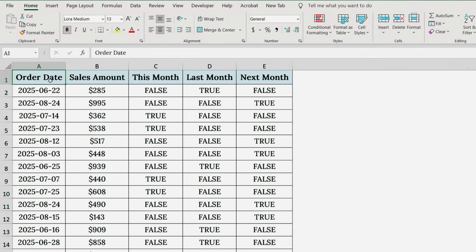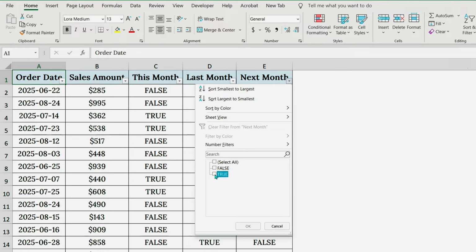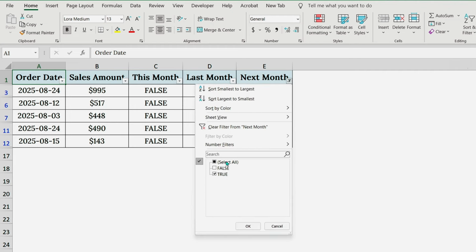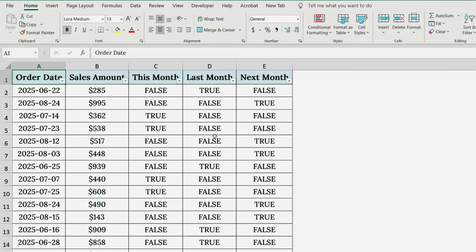Let's put this to work. In the header row, turn on AutoFilter by pressing Ctrl+Shift+L. Boom, you're now only viewing next month's entries. Super helpful for spotting upcoming orders, deadlines, or tasks at a glance. You can also make it visual with conditional formatting. This small trick brings huge value in real-world scenarios, monthly sales dashboards, active project timelines, invoice follow-ups, forecasting next month's